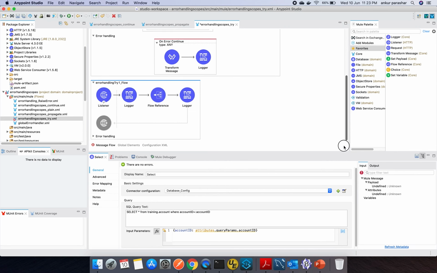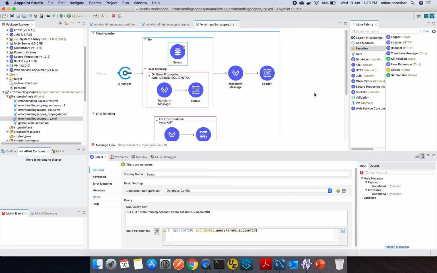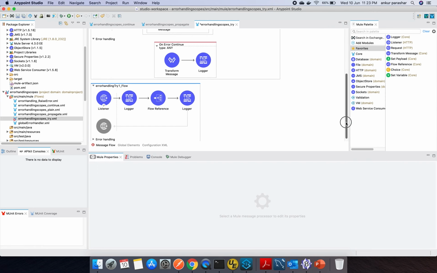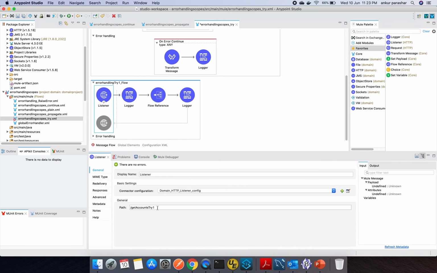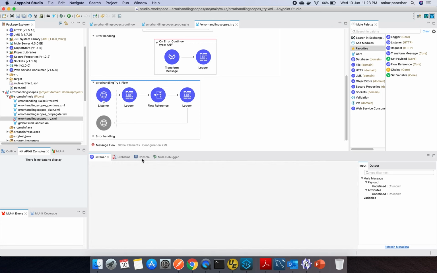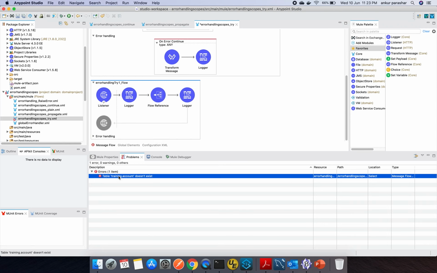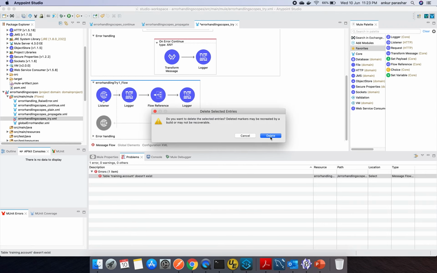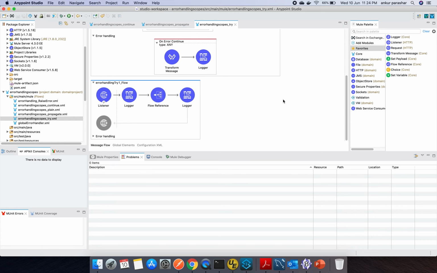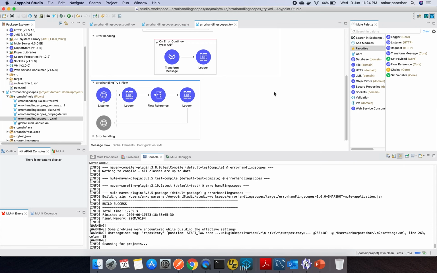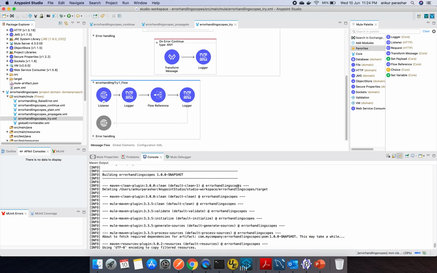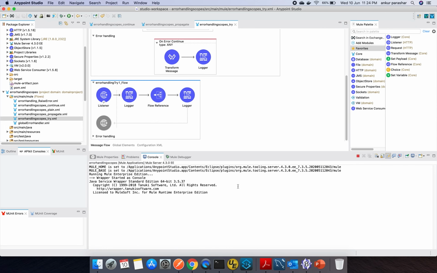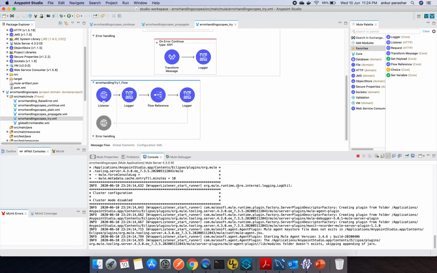Okay, so that's pretty much it. Let's try to run it quickly. One thing I need to check, the path accounts try one. So let's quickly copy this, and I will ignore this error so that I can run it without any issue. So this particular use case is to explain how to handle the try scope on a particular palette level or on a particular connector level. Okay,